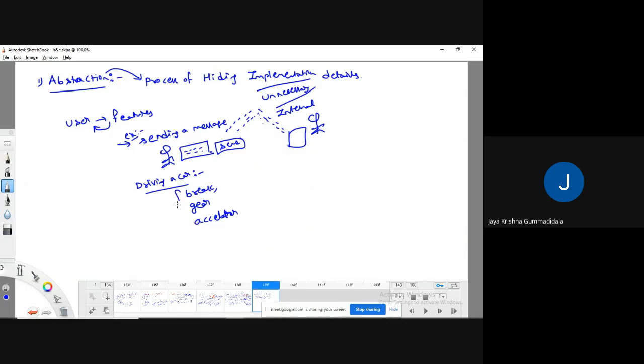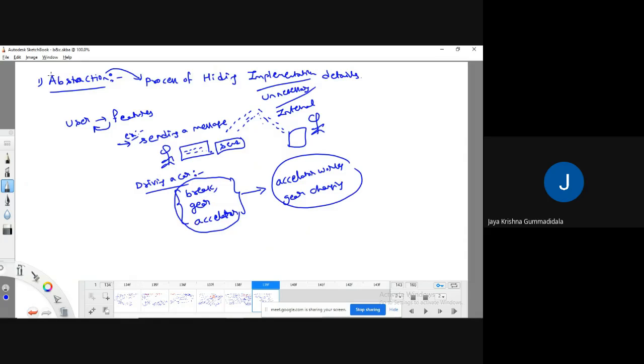All this you have to know, but you don't want to know how the accelerator works, how gears are changing. All these you don't want to know, right? You require only the essential features from the user end.